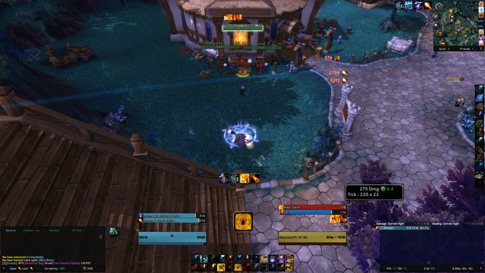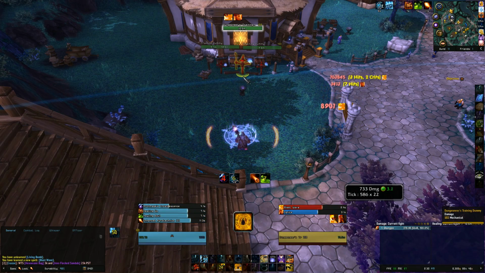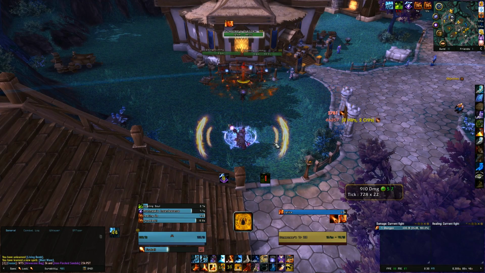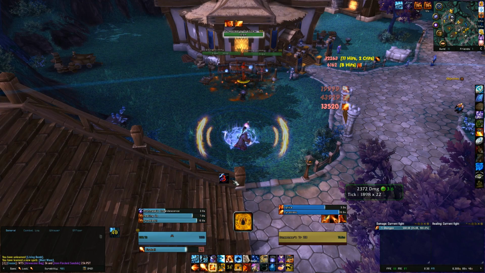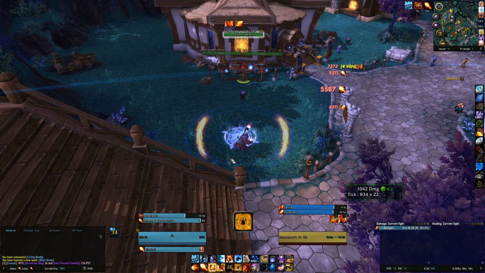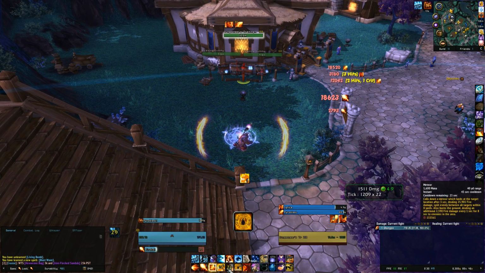So here you can see I have 2 charges. Boom, spend one, spend another one. It's just a filler spell. That's all it is. And you're just waiting. A lot of times what I'll try and do, I don't think I did it there because I wasn't paying attention, I'll try and save one, again, because it doesn't matter when you use it. I'll try and save one for whenever my ring procs. That way I have a little extra spell power, a little extra intellect, so that my Blast Wave does more